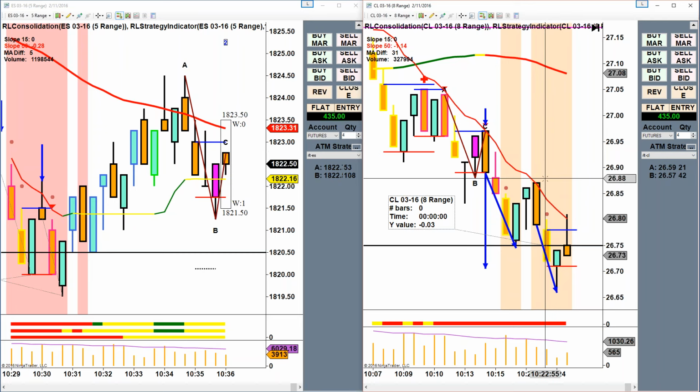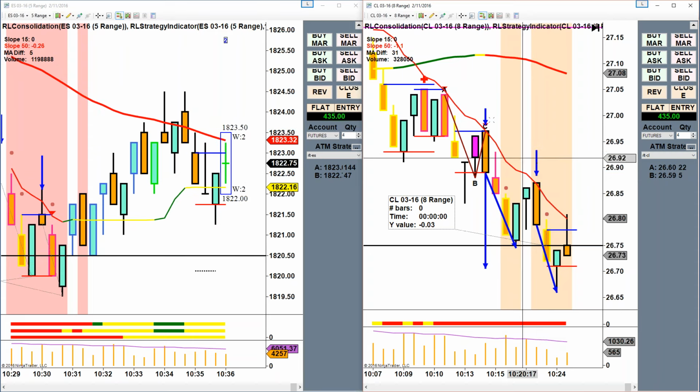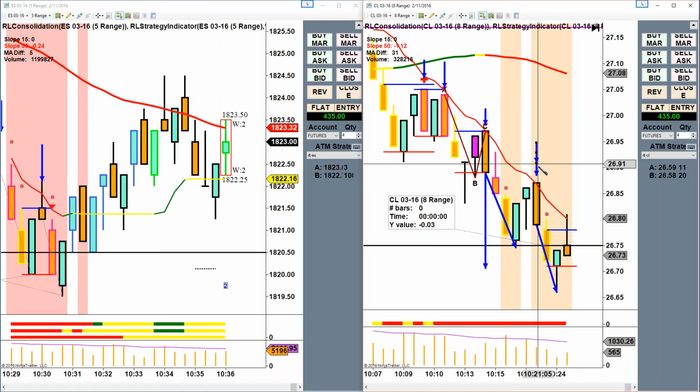The only problem with this is the 3rd retracement in the trend, which is a little weaker, but you can take a 3rd. Here's actually the 1st retracement. Here's the 2nd retracement. This is the 3rd. That's the 4th. So this might have been a trade. It doesn't make any difference that it was